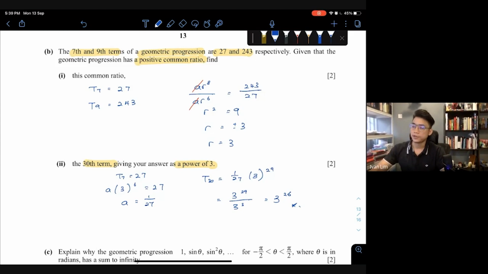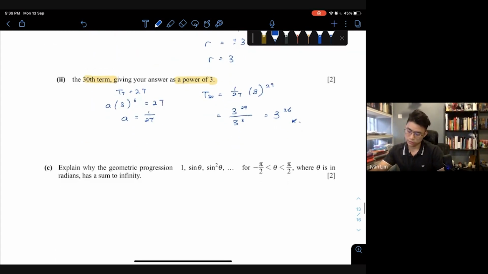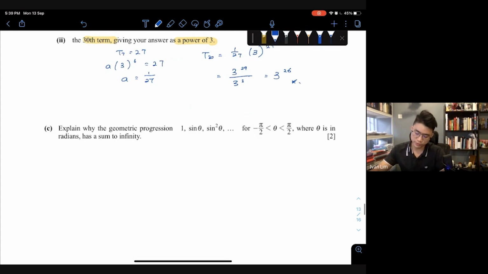Okay, or you can just type in a calculator, then just make sure that you know how to change it to 3 to the power, as a power of 3. Okay, question C. Explain why the geometric progression 1, sine theta, sine square theta, for negative pi over 2 to